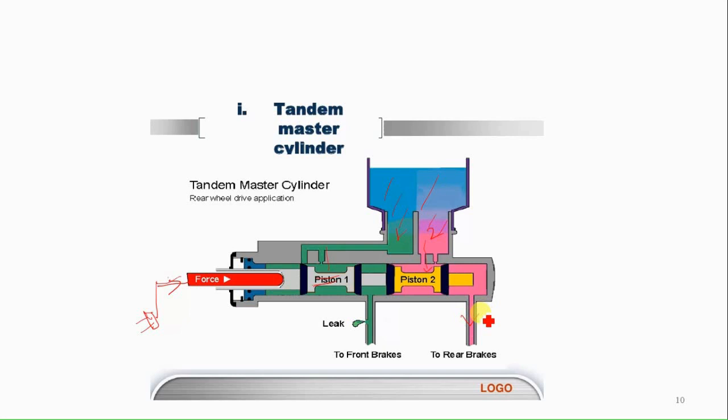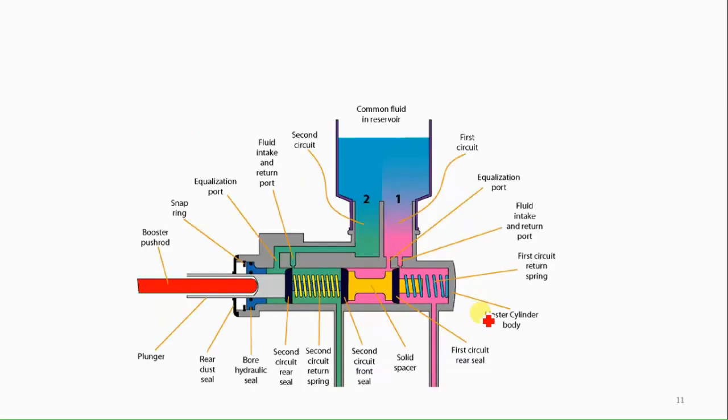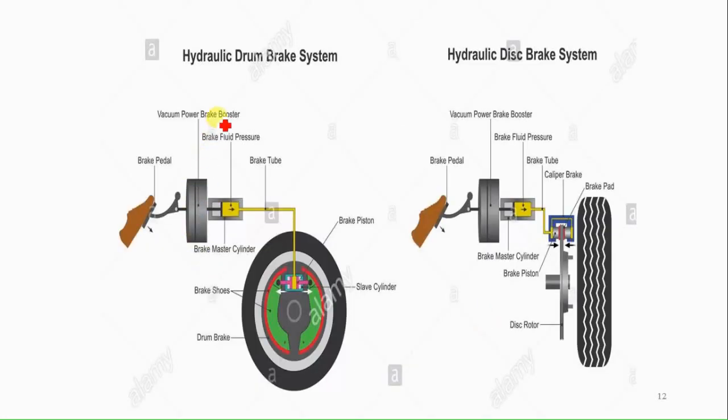Now this is the same diagram, but from a different perspective. Now you can see here how the hydraulic brake system operates in the drum brake and disc brake. Here this is the drum brake. This white lining is called the drum. These are the rotating drums, and the red portions are the brake shoes. And here you can see this rectangular section. These rectangles are the slave cylinders.